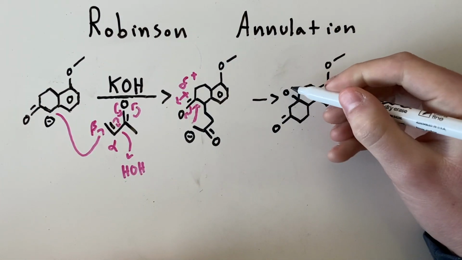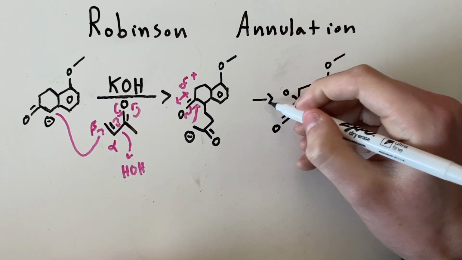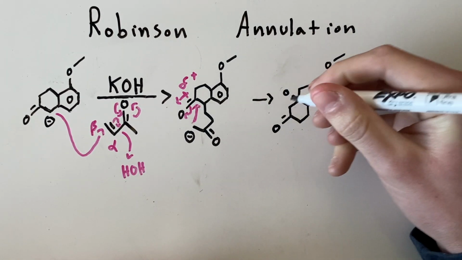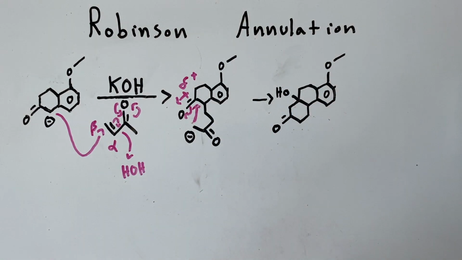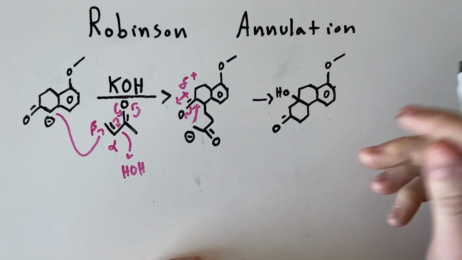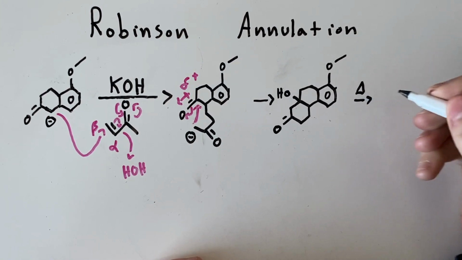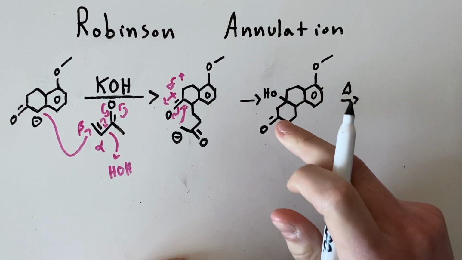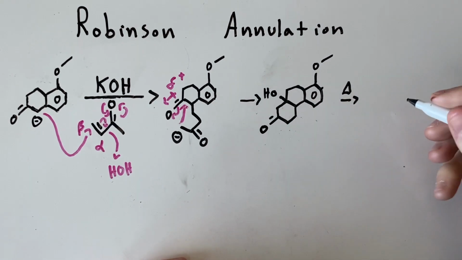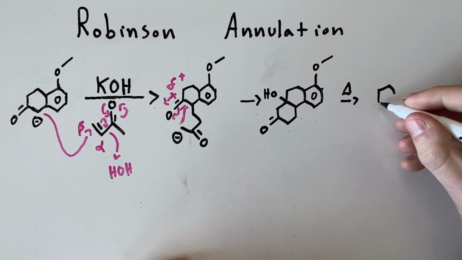So we have an oxygen with a negative charge here, and it will just go ahead and pick up hydrogen in solution to form an alcohol, and that's it for the Robinson annulation. But most of the time, we're probably just gonna heat the reaction up such that there's an elimination reaction that occurs here, and we'll be left with